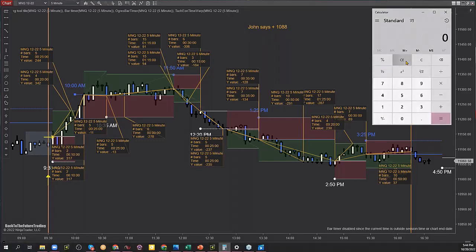Clear, clear, clear, clear, clear. All right, let's go top first, 244. Okay, and minus. What's that? Must be 237s. Minus 37, minus 37. Minus 237, minus 278. Oh wait, no, that's not minus 278. That's just a little thing I drew.